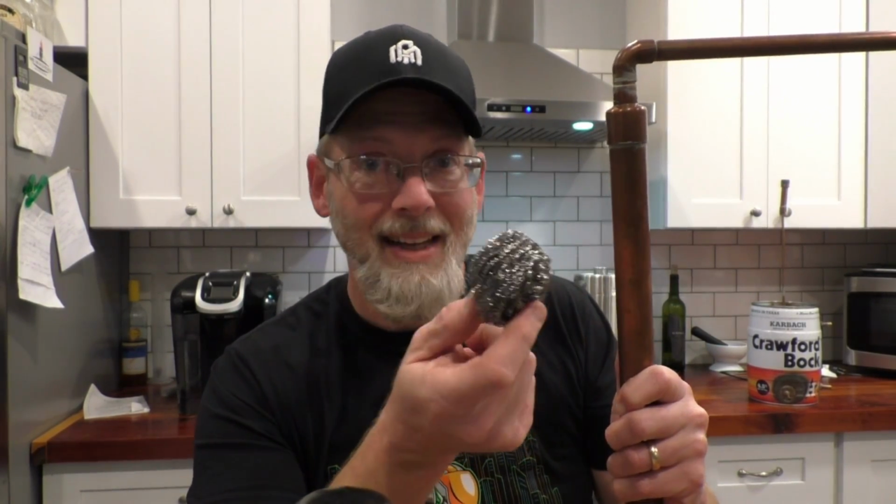So the way we're gonna make a gin basket inside this column without having to add any other pieces or make any other components, we're gonna chop up some ginger and we're gonna grate some lemon zest, put that into the column, and then hold it in place with some more stainless steel scrubbing. That's it. And since the Liquor Fairy has never done this before, I'm just gonna do a small 1 liter